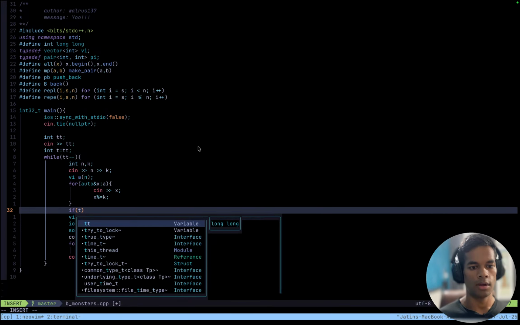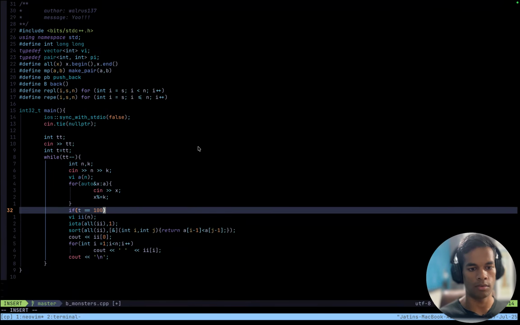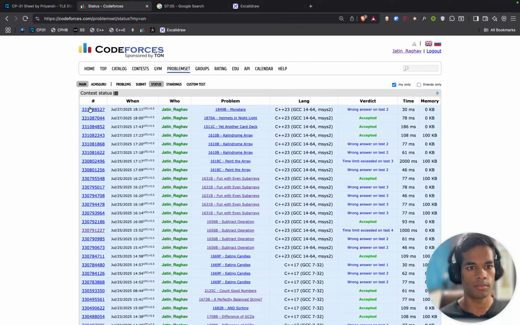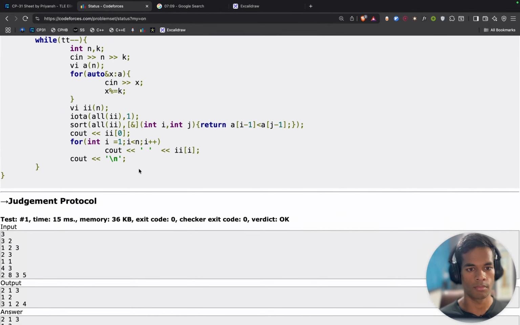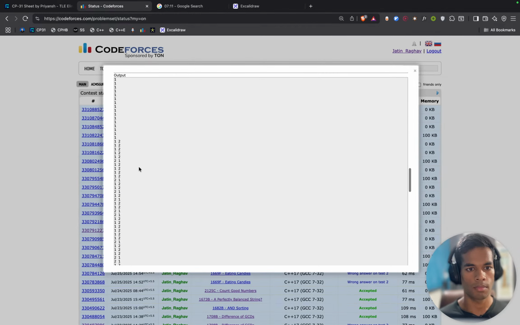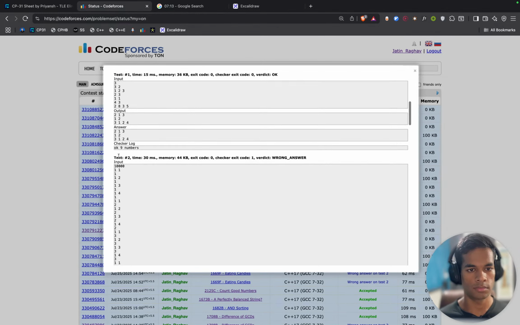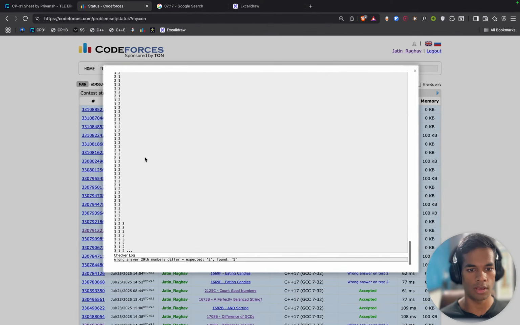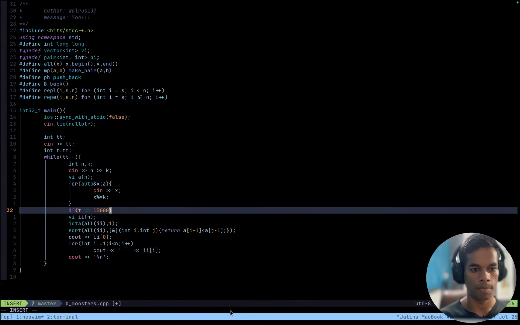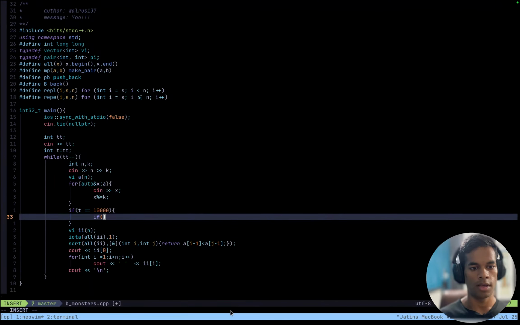If e equals what, 10,000, yep, 10,000, and the test case was 29. pt equals 10,000 if t minus pt equals 29.